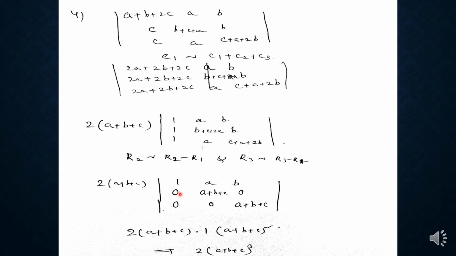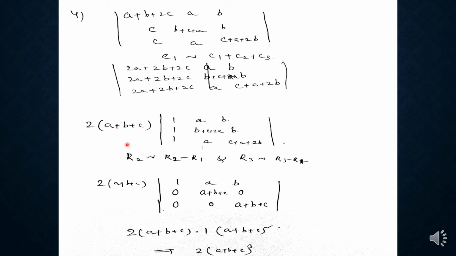Thus we change these two ones as zeros by using row operations. So in this determinant we have 3 ones in the first column. So if 3 ones are in a column, then we can process the row operations to make 2 ones as zeros. If there are 3 ones in any row, then by making the column operations, 2 ones will be changed to zeros. Then by using Laplace expansion, simply the determinant can be expanded.